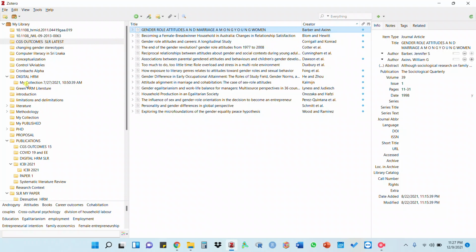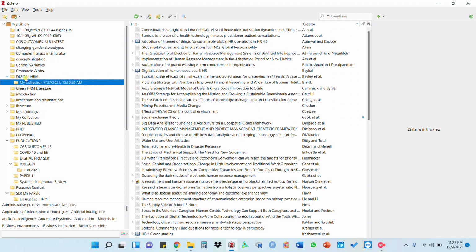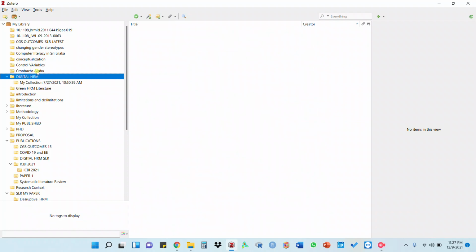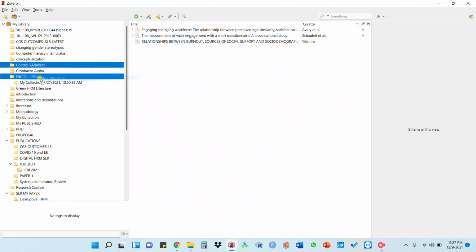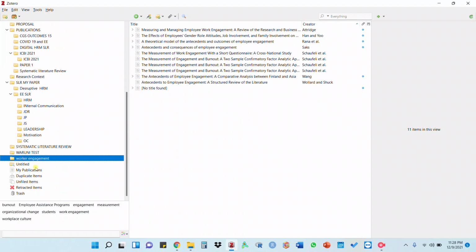just after creating a collection, like digital HRM, there are no files created. So under that there is a sub collection, right? But there is a common collection. By dragging, if you drag something like this, then you can put it into this folder. You can make subfolders in fact, right? So likewise, if I create a new one, right? So this is